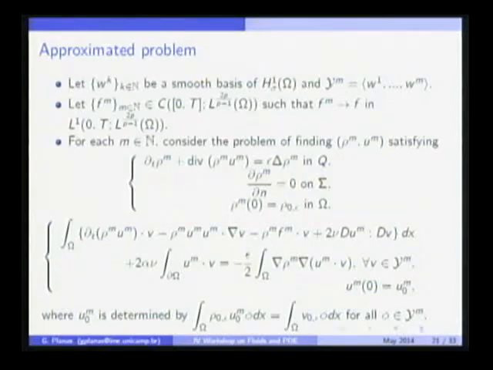Given the solution of this problem, we put it here. And given the same u_m, we linearize this system. Then we have a linear system of ODEs, because rho will be given in this problem. Then we define an operator whose fixed point is the solution. Then we perform estimates independent of epsilon and independent of m, and pass to the limit first in m and later in epsilon. It is more or less standard.